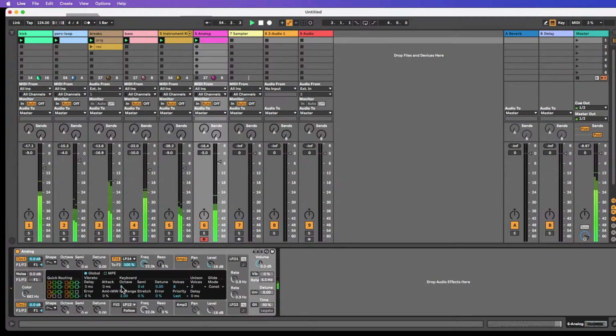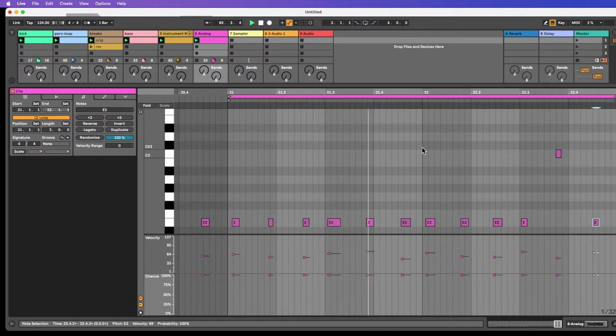So let's go into the global shell, let's bring the voices to one. Mono, sorry, here. A bit of vibrato, so a bit of pitch wobble. We could try glide as well. If we want to use the glide, we might